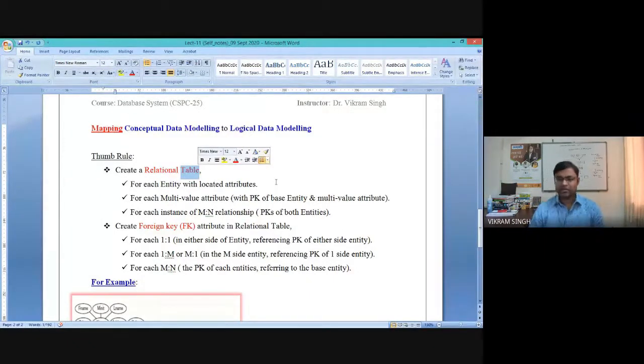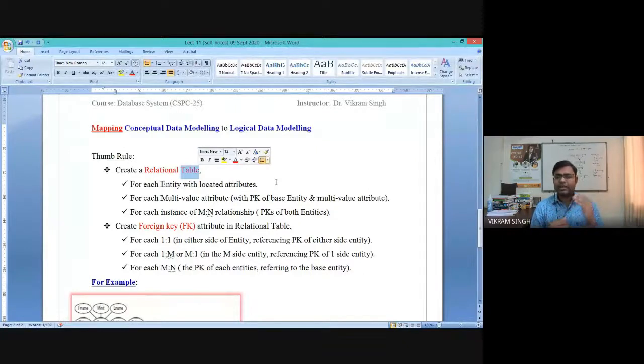The third possible scenario to create a database table is an M:N relationship. So in an ER diagram, if you observe that there is an M:N relationship between entities, you need to create a separate database table to capture this M:N relationship efficiently.